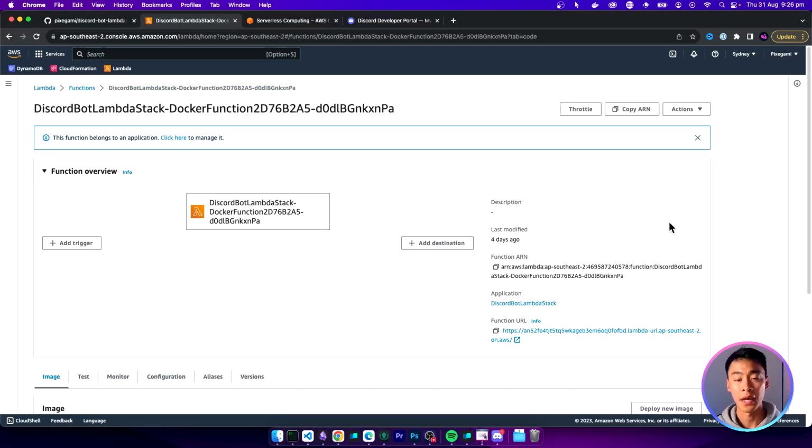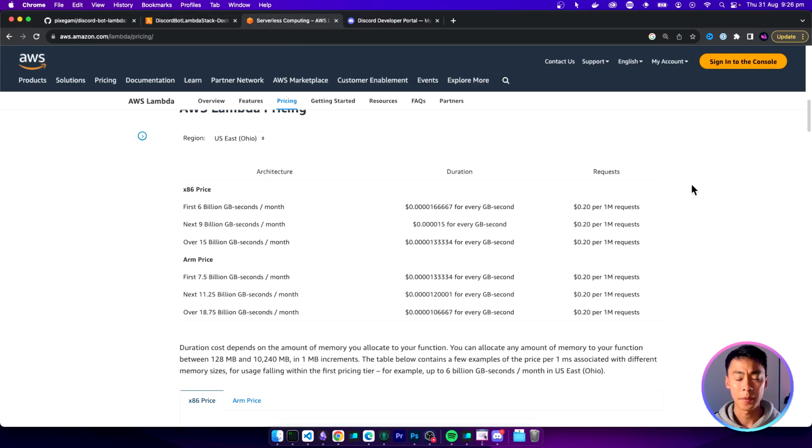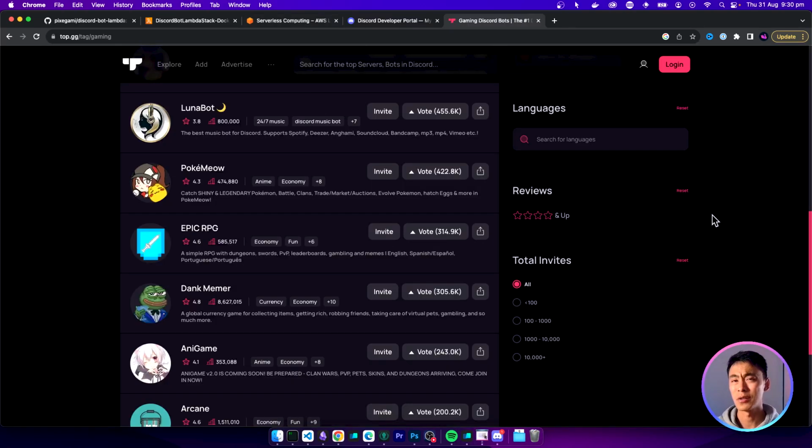By hosting it on AWS Lambda, it's going to be available 24/7, but you only pay for it when you use it. AWS Lambda is also really cheap and it has a generous free tier, so you can serve thousands and thousands of requests per month completely for free. This is perfect if you want to learn how to create a Discord bot that you can use for games, for music, or to even build an app or business on top of it.